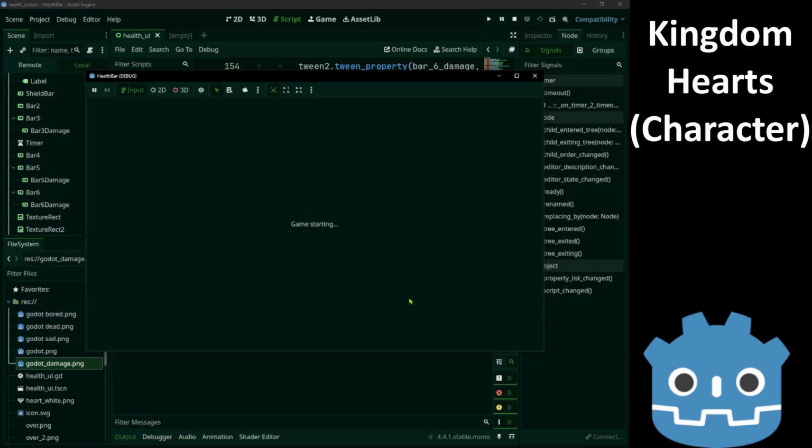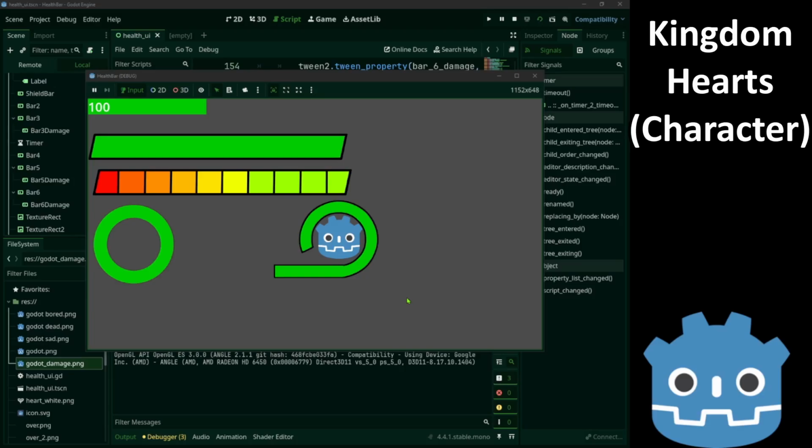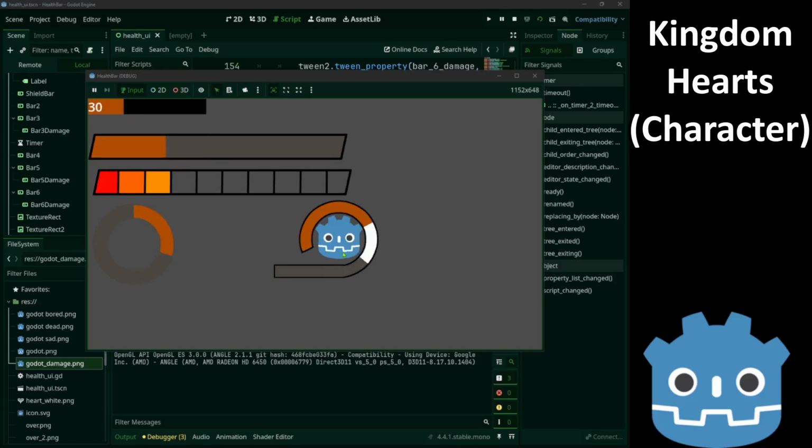So let's see. If we press escape, takes damage.